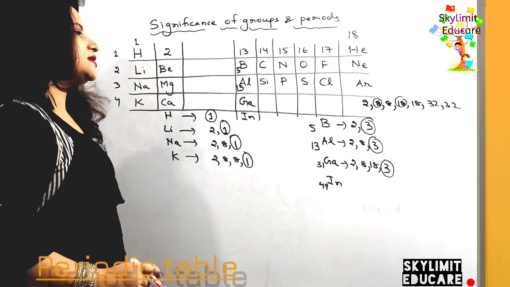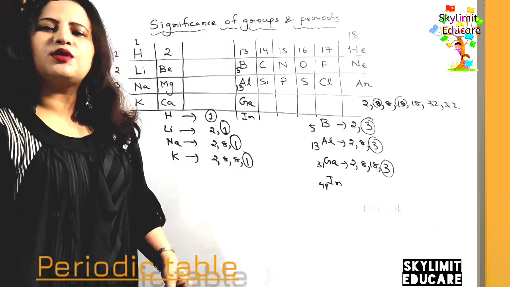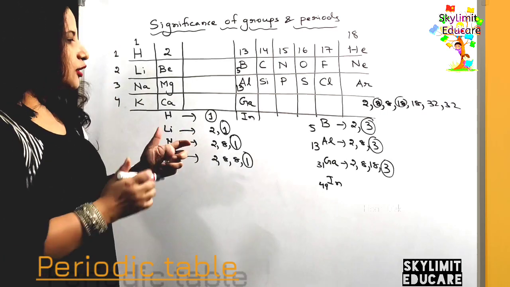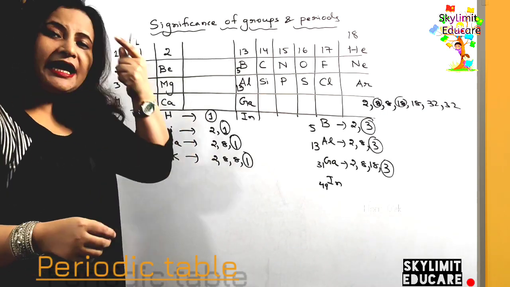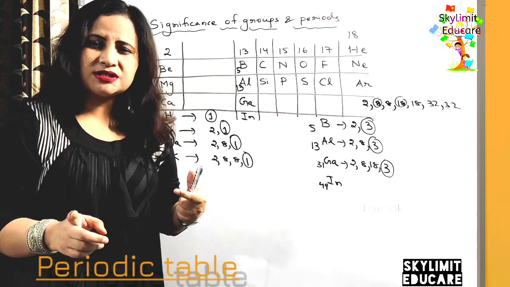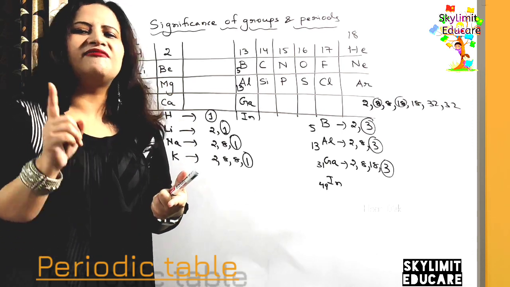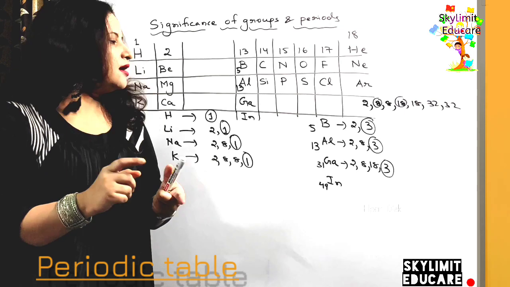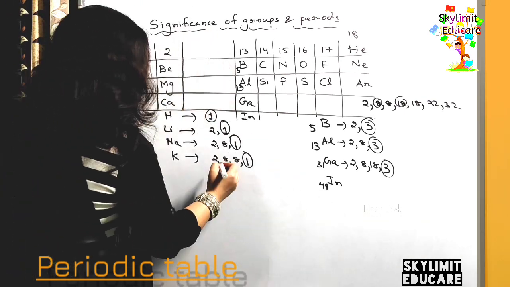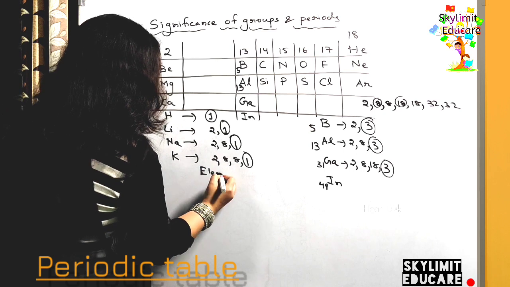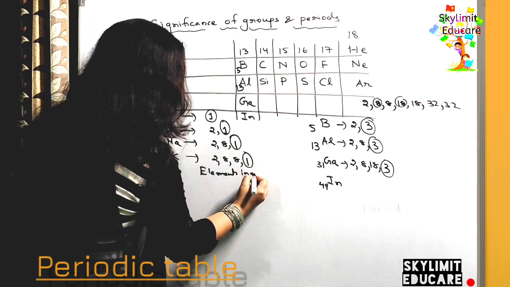That means what do you understand now? What can you conclude regarding a group? We can conclude that the elements falling in a group have the same number of valence electrons. That means they have similar valency. Okay. So we can write down: elements in a group